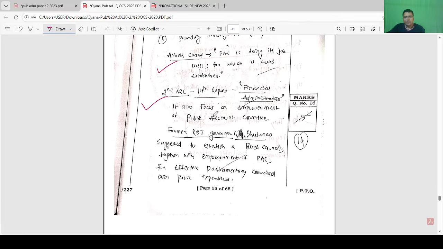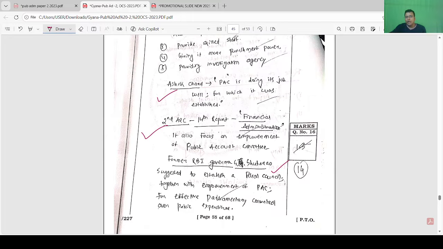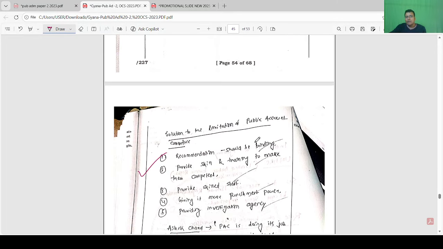Second ARC 14th report, financial administration focus, and RBI governor Subbarao established a fiscal council. Listen, this is the current example I discussed in class. Thankfully he has written that former RBI governor D Subbarao suggests establishing a fiscal council, with the empowerment of PAC for effective parliamentary control. Very good, that's why he got marks. So the intro is not good, but